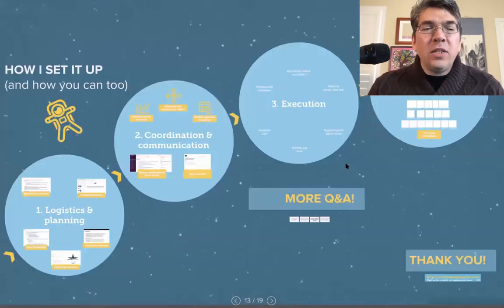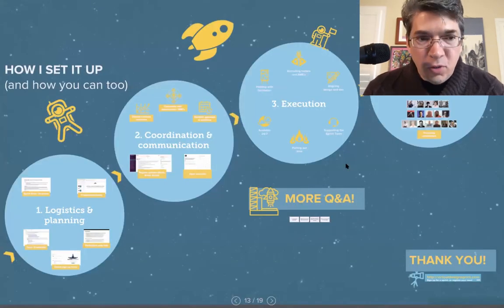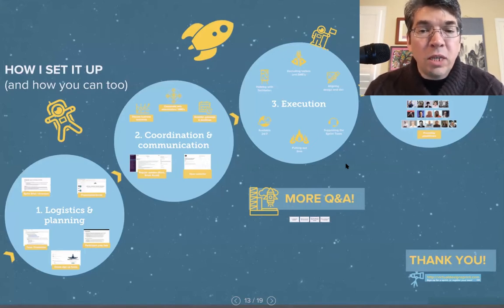All right, so we're going to get into how you can do this too, how I set it up and how I'm setting up now, and how you can do this for your own team or for your own person. The caveat being that your situation and the variables that you're going to deal with are going to be different. So what I'm going to be prescribing here may not exactly work for you, but what you should do is take what makes sense for your situation and make it work, or at least take the value from what you find in this and apply it for what you're dealing with.